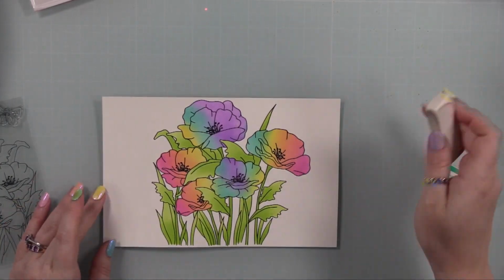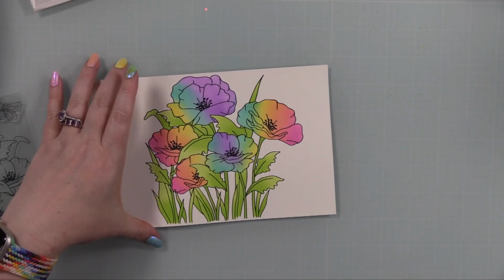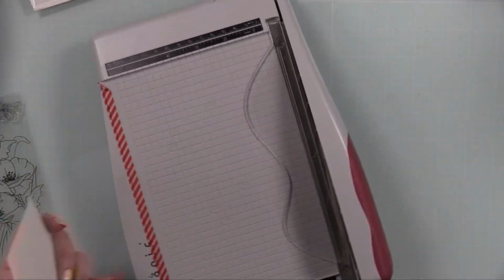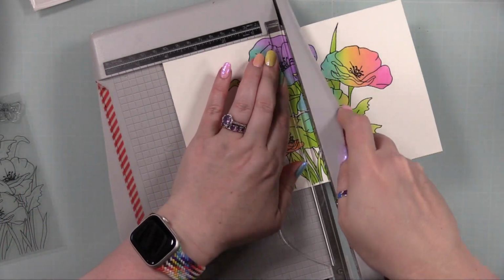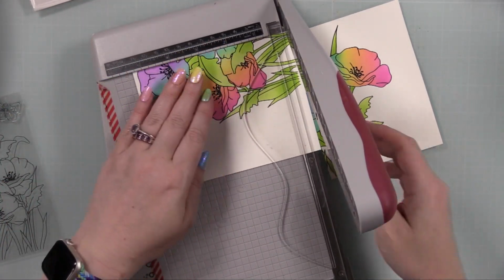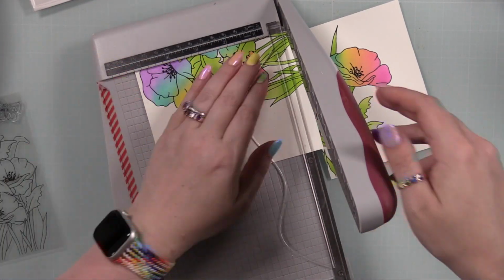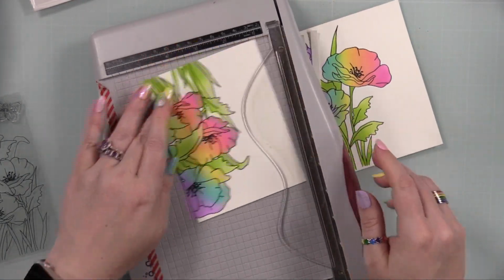Anyway, erasers. I will link to these erasers. They are must-have tools in the craft room, in my opinion. One is a sand eraser, one's just a standard white eraser. I use them a lot, because I'm always getting smudges and fingerprints on everything. This is one of the reasons why I don't do very many clean and simple cards, because I usually muck them up,